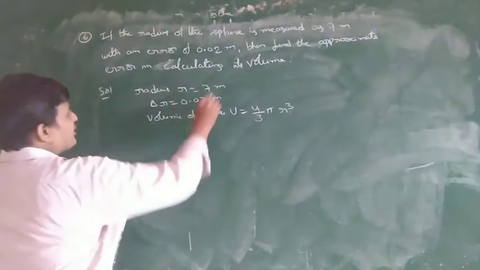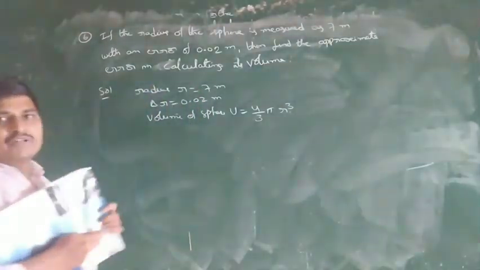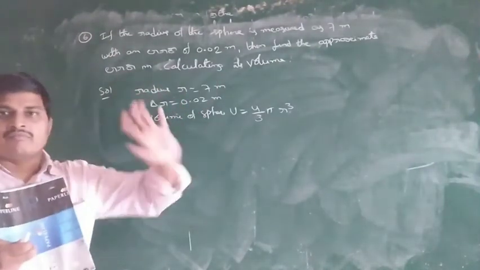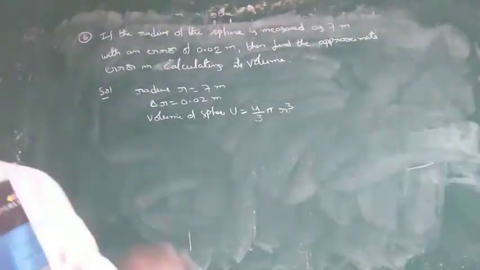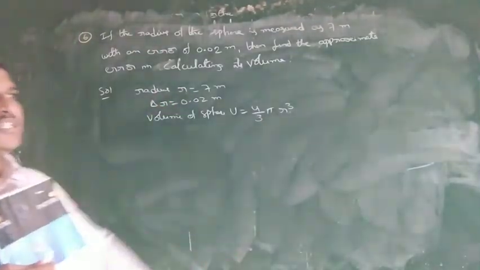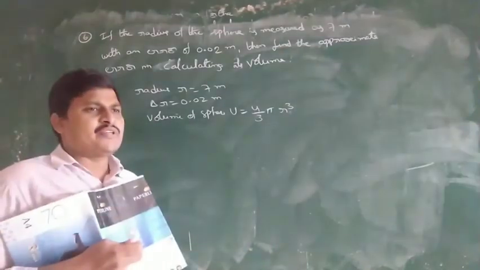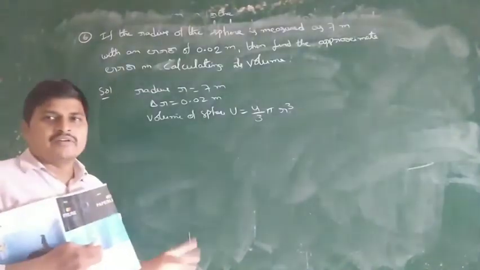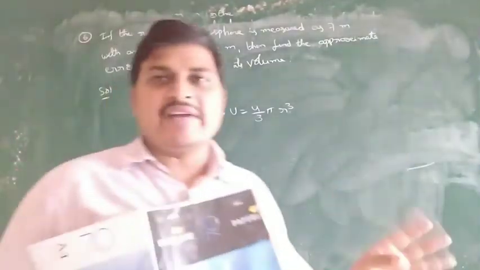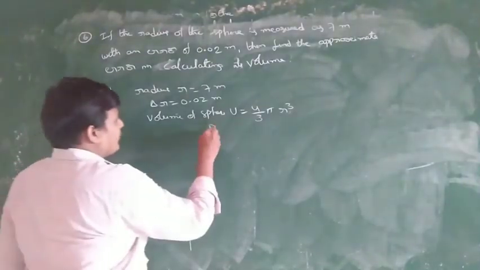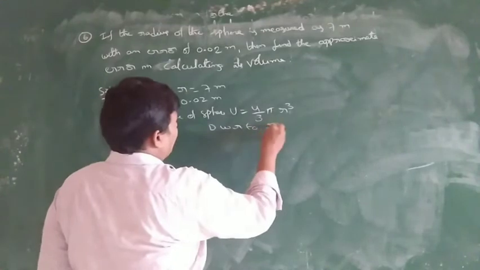The given data is in terms of r, so we have to differentiate with respect to r. In the previous problem the side measurement was given, so it was with respect to x. Here the radius is given, so the derivative is with respect to r. In rate problems it is with respect to t, but here it depends on the given data. Differentiate with respect to r.